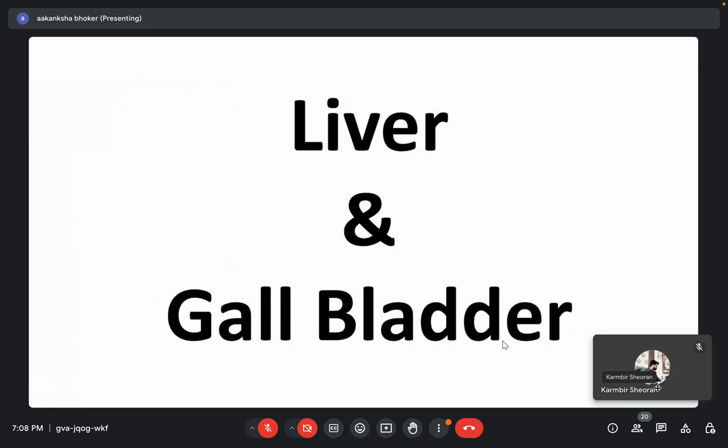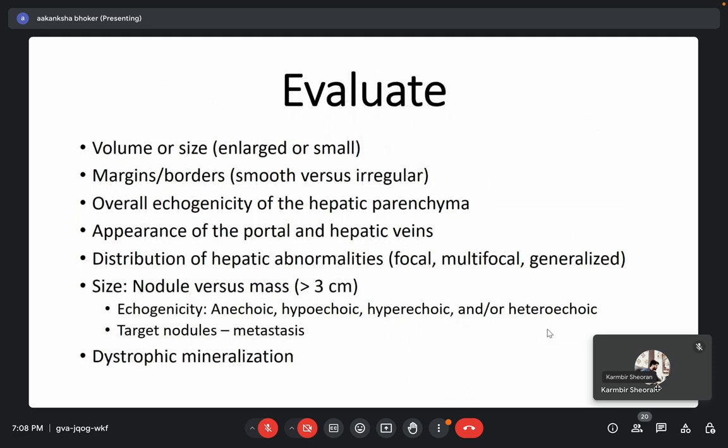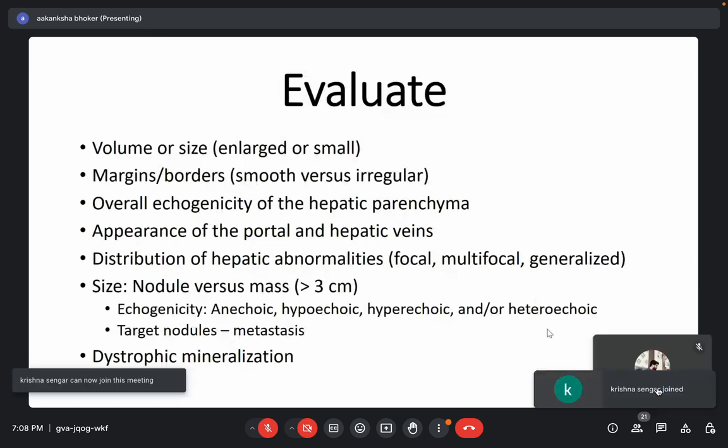First organ which we will discuss will be the liver and gallbladder. So we know we have to perform the examination at the region of the post-xiphoid, and then we will see its size. Generally, we cannot say, like this was a question which was asked in the group, how can we say what is the size of the liver? There is no definitive criteria which will say that the liver has to be this many centimeters in length or breadth or width. There is no defined size of the liver,